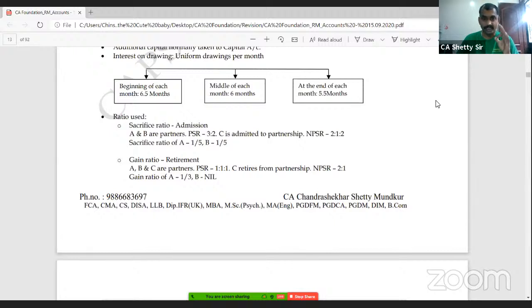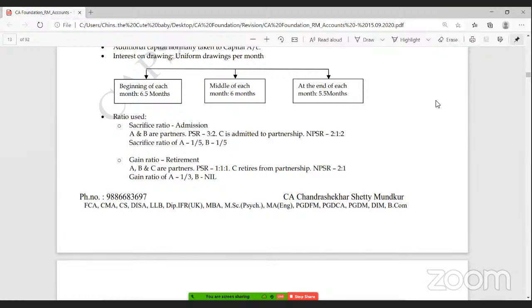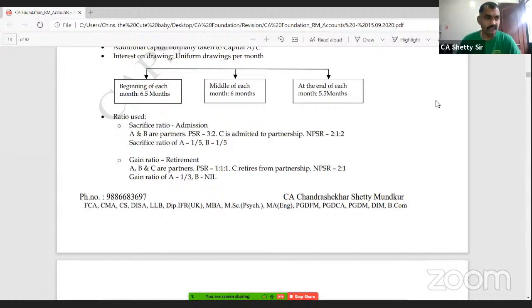Underline. Next line. From the above, it is clear that a partner sacrificing, a partner giving away, sacrificing is the word for giving away, a partner sacrificing or giving away must be credited. Do you agree with me? Yes, sir. Must be credited, the partner or the partners gaining